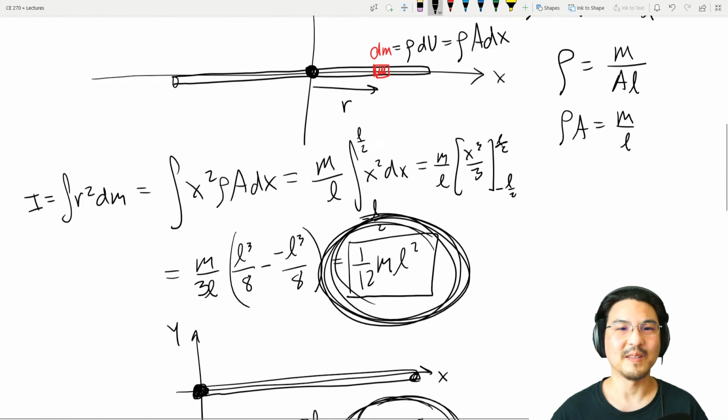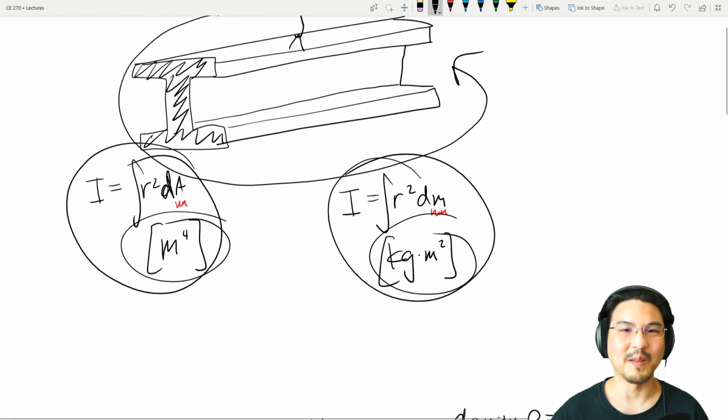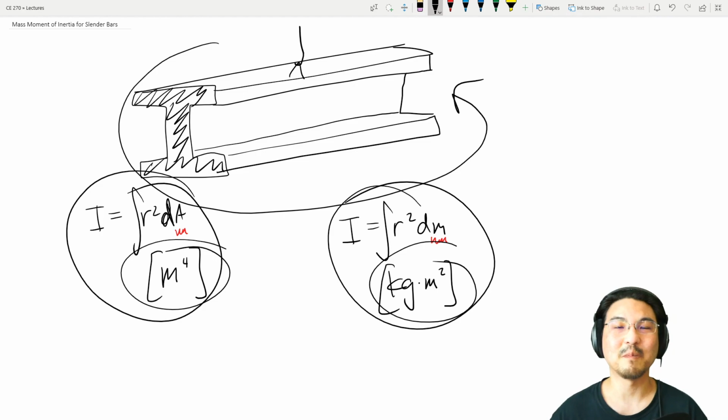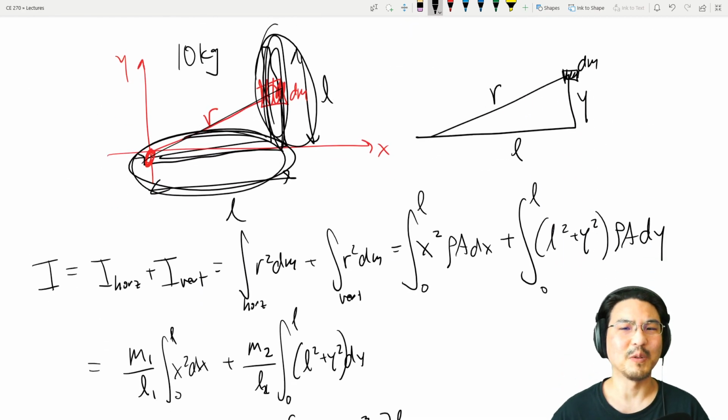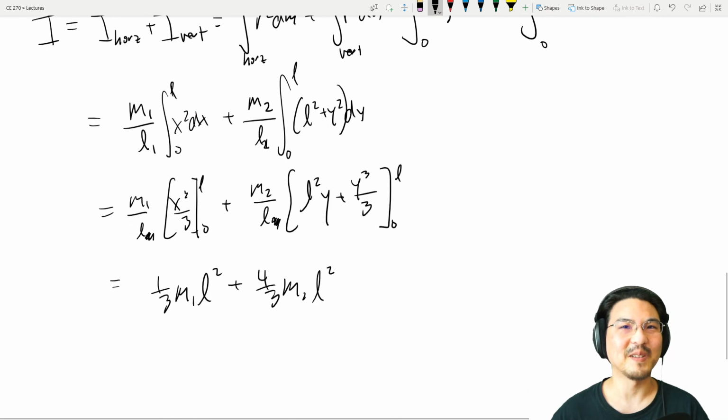Okay, so this is kind of describing the concept of how to do this mass moment of inertia, but in practice, we would use the parallel axis theorem, which will